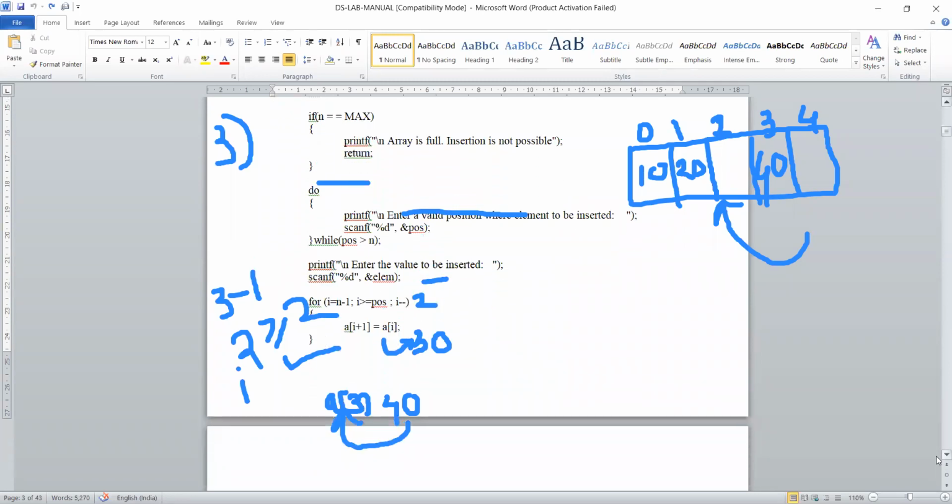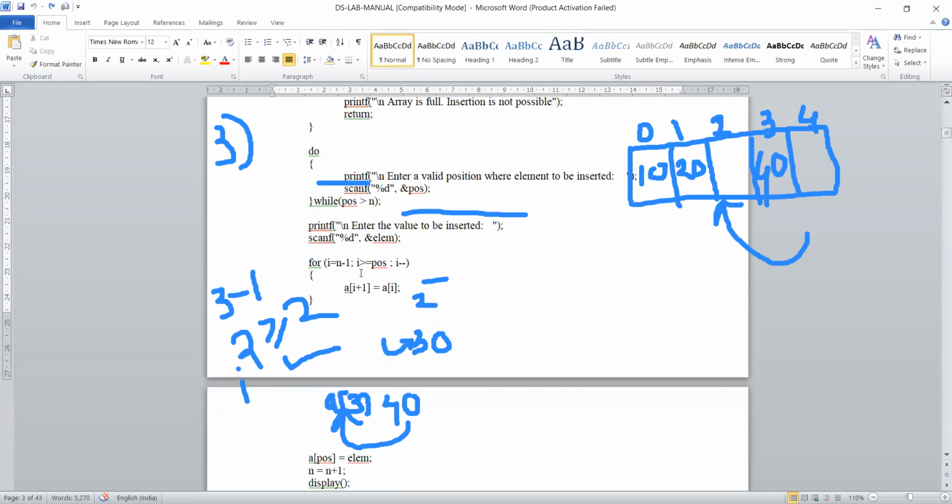Again the for loop will execute. i was 2 previously. Now i minus minus you are doing, i will become 1. So 1 is greater than or equal to 2, false. So it will come out of the for loop.